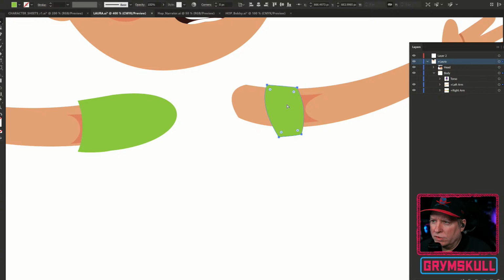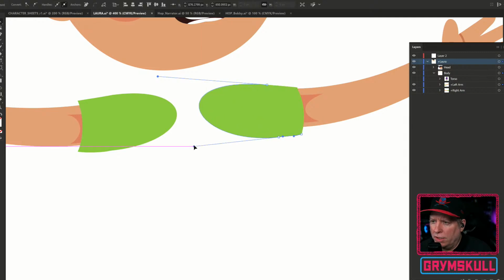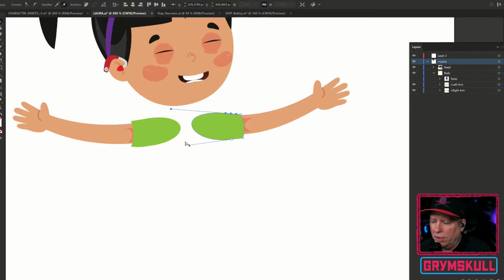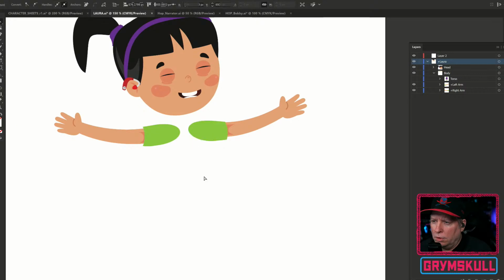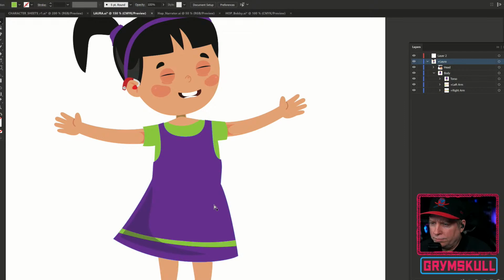Then we'll go over to this one and do the same thing. So what I love about Illustrator is being able to go in and make modifications on your characters like this fluidly.